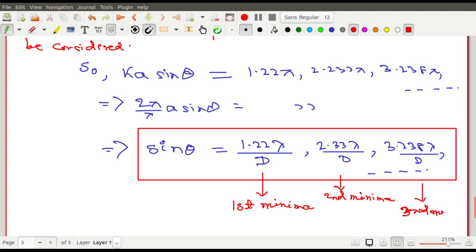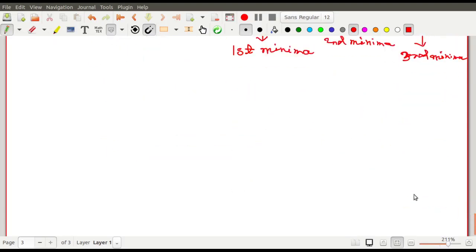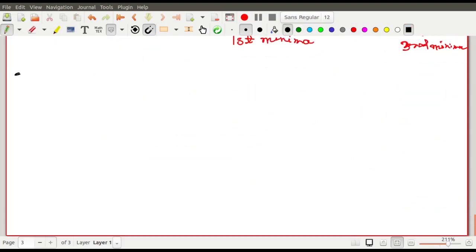ঠিক আছে? These are the conditions for minima. Okay, আচ্ছা আর একটা কন্ডিশন আছে, the final one, that is the other maxima. আর ম্যাক্সিমা কোথায় পাবে তুমি? তুমি তো এখনো অবধি একটাই ম্যাক্সিমা পেয়েছো, so far you have got only one maxima. So other maxima,